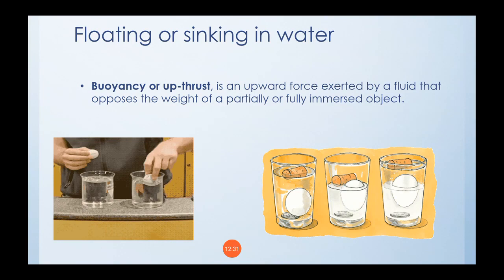If the weight of the object is very high, if the weight of the object is more, it will sink. If it is very low compared to the water, it will float. And if an object has some design, like you may think about a ship, so many big ships are not able to sink. It doesn't sink, but it is able to float.